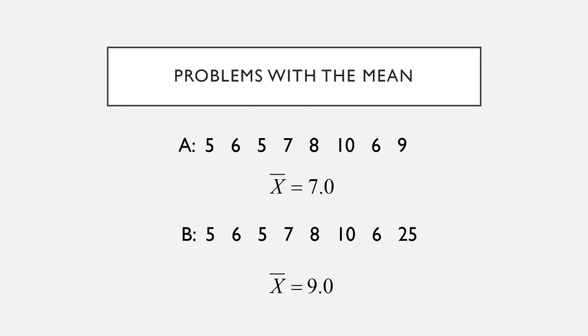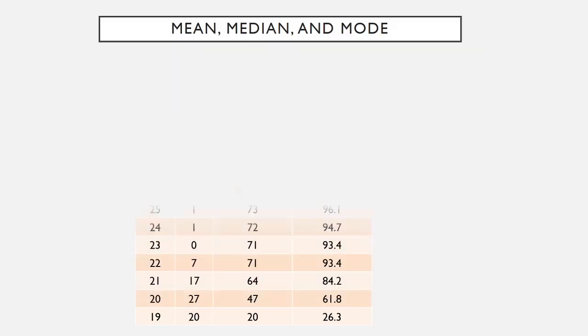lastly, as you can see with these two separate data sets, the mean being pulled by a single score can be a benefit or a detriment. As you can see with data set A and data set B, you have two sets of scores that are identical except for that one rogue score at the end. Again, the idea is, is that outlier score of 25 in row B indicative of a genuine score, or is it a fluky outlier for whatever reason? You have to be aware of whether or not those scores truly belong in the data set because the mean will definitely be skewed by the presence of a single extreme score.